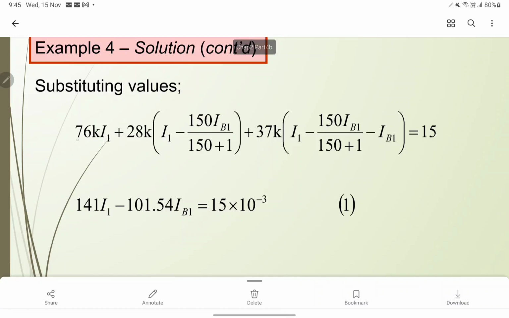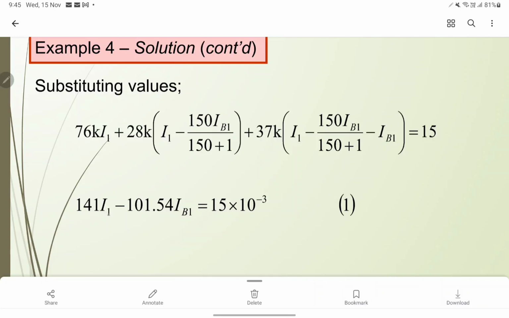(7k 76k I1 plus 28k I1 minus 150 IB over 150 plus 1 plus 70k times 1 I1 minus 150 IB over 150 plus 1 minus IB equal to 15. So 15 is our VCC. So after you plug in, you open the bracket and then you simplify it,